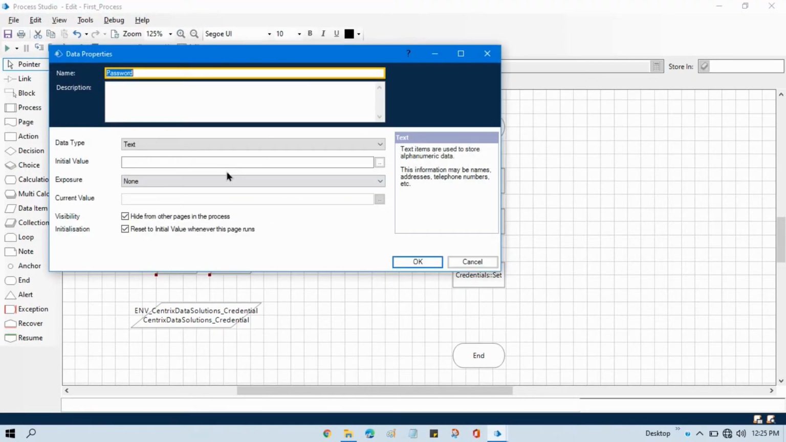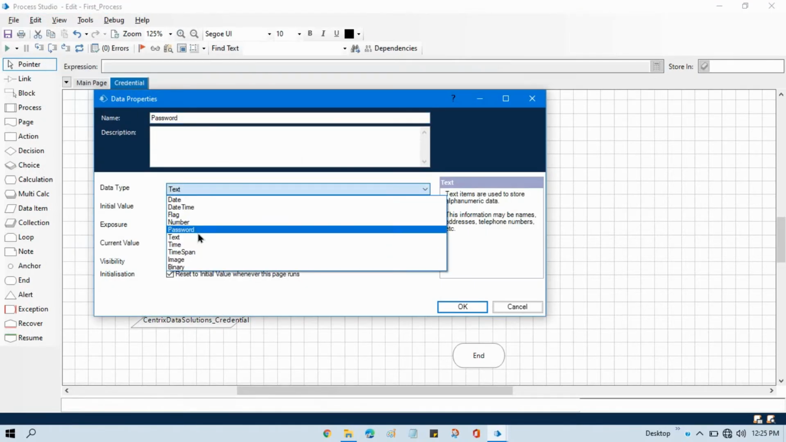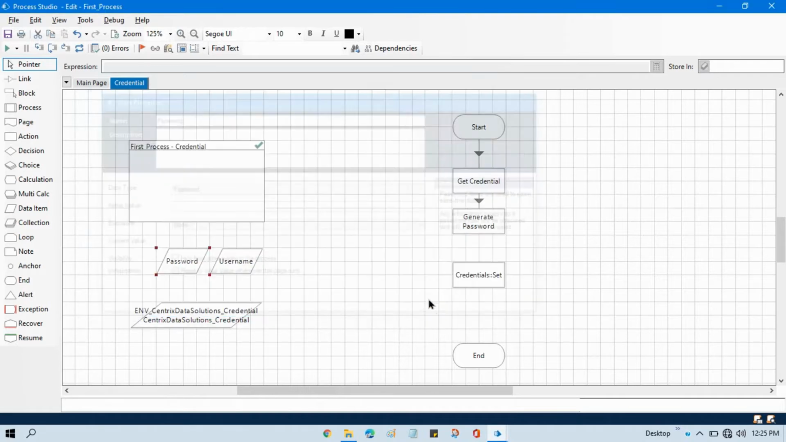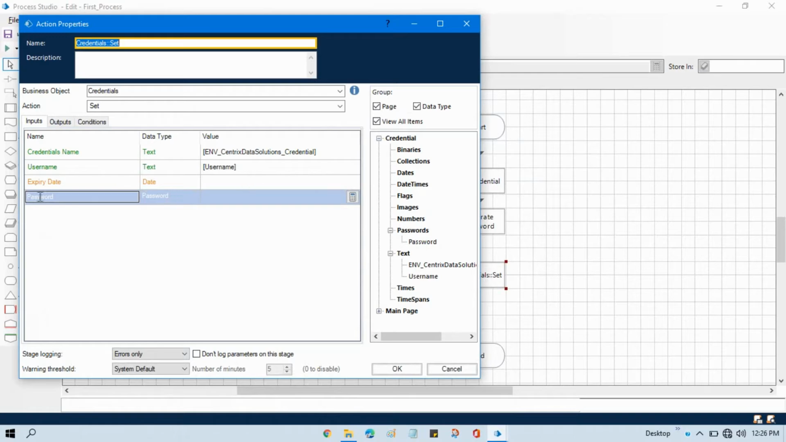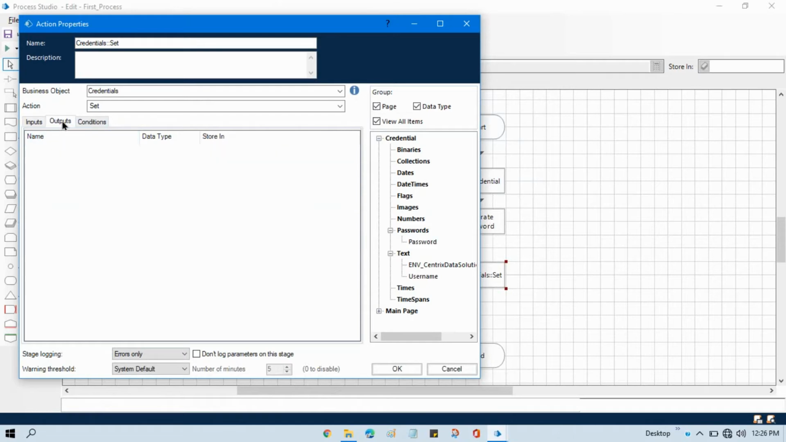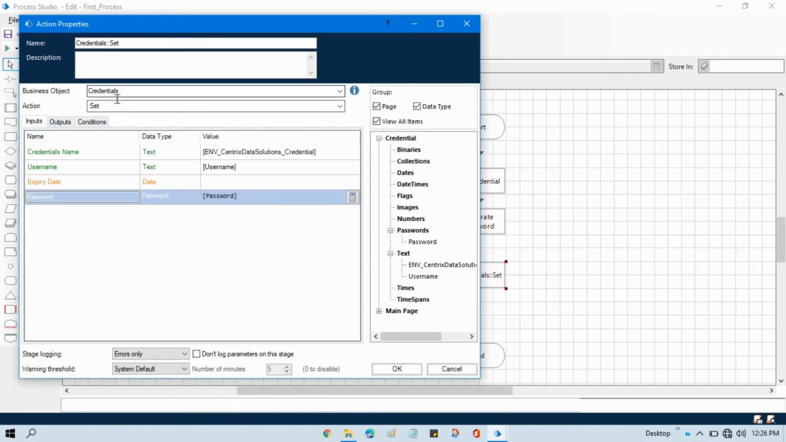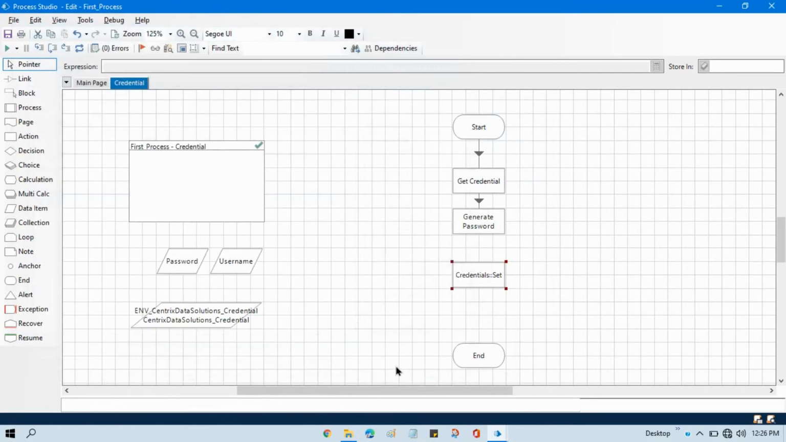So we'll change from text to password. Now click OK, and now double click on this, and then here we need to pass the password. It means this is the updated password we are going to set to this credential against this username. Now there is nothing in the output, so we are only going to set the updated password to the credential for this username. Now click OK, link this one,